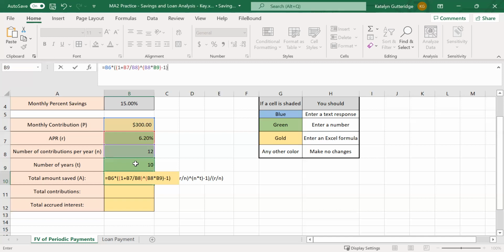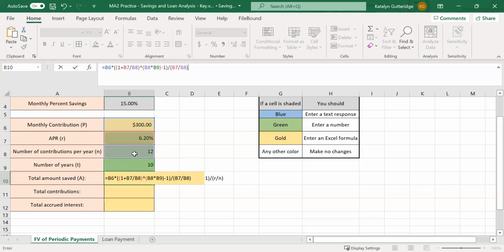minus 1, close the parenthesis, typing all this on my keyboard, type that slash, open the parenthesis, and now we need that r divided by n again. So I'm going to click on that rate, type that slash, click on that n, that 12, and then finally close the parenthesis. When you get your formula all done, I recommend just doing a quick little check to make